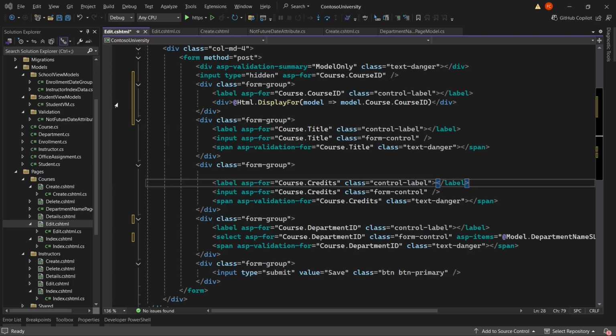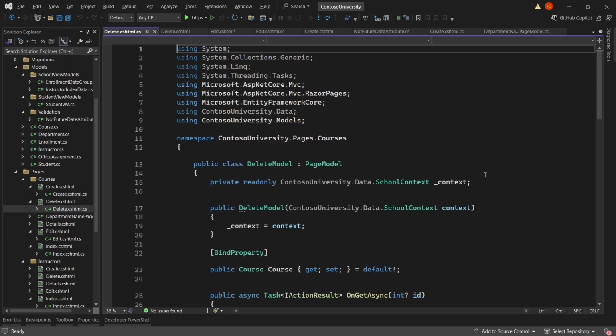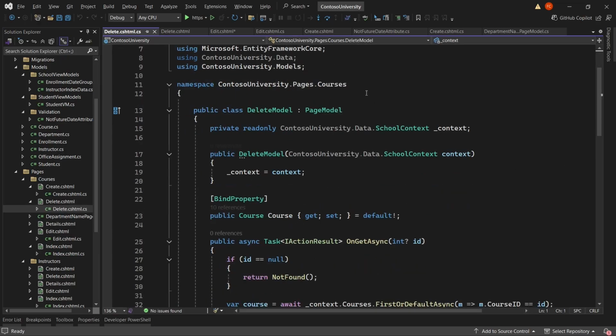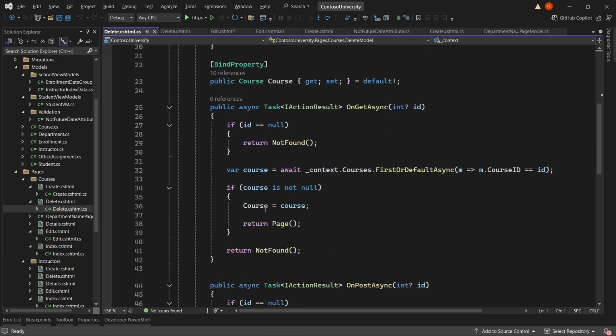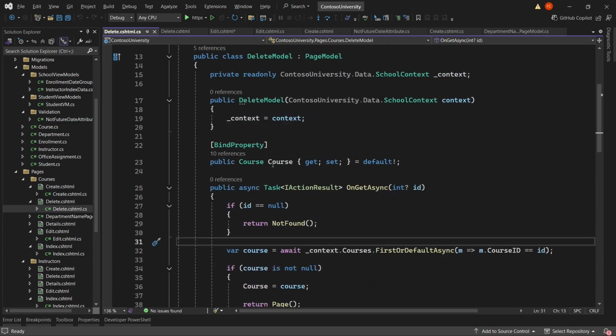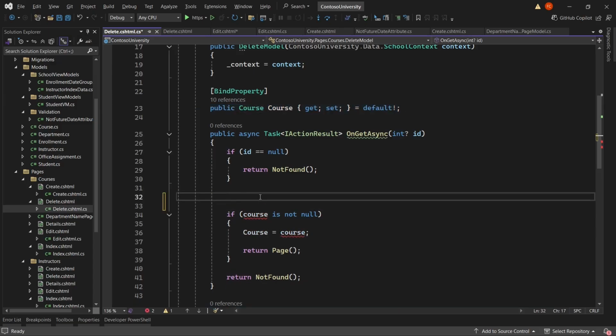Next, we're going to update the delete page. And let's go to the class, and let's find our OnGet method. And right after not found, we're going to assign a value to this object here, to this course. We're going to replace this, and we're going to say Course